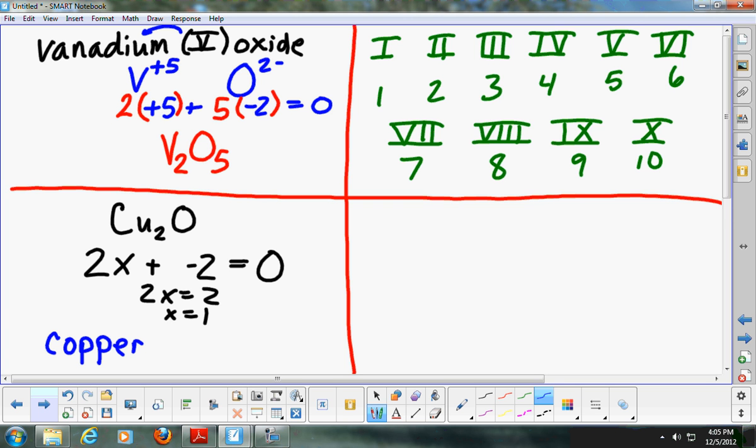Put the Roman numeral in parentheses, which is 1. And then name the last element, which is oxygen. Since it's an element, change the ending to IDE. And it's copper monoxide. Let's take another one. Say that we had